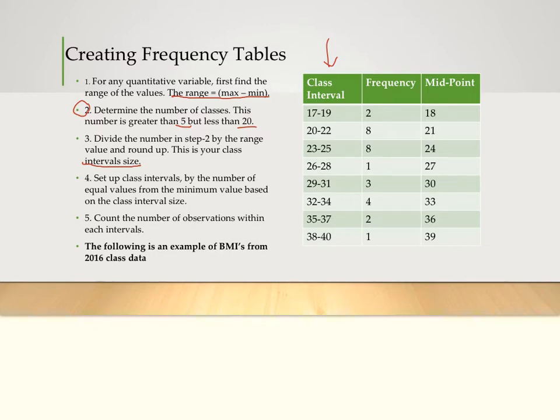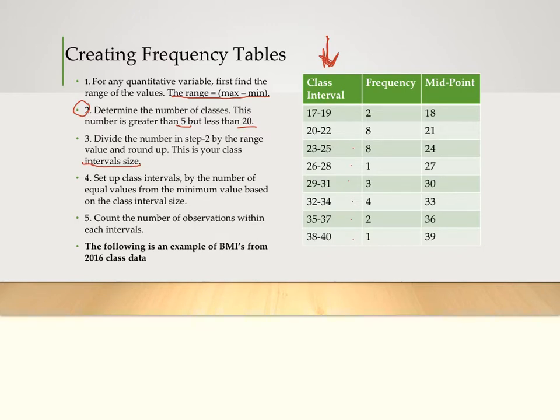So the class interval in the following example is the BMI from the data set that we had in class of 2016. And you can see that a determination was made for the class intervals. It turns out that I have 1, 2, 3, 4, 5, 6, 7, 8 intervals. They start out at 17 and they go up to 40. And then within the class data set, I counted the frequency for each of the observations